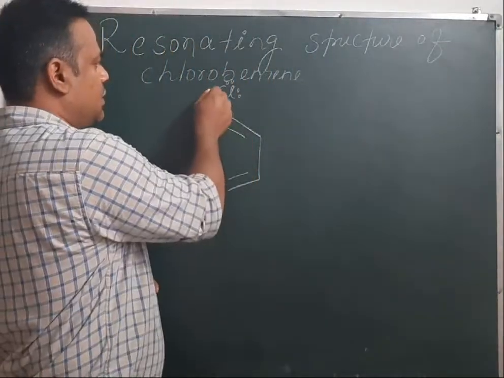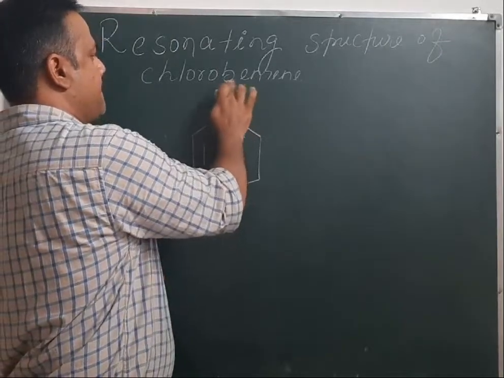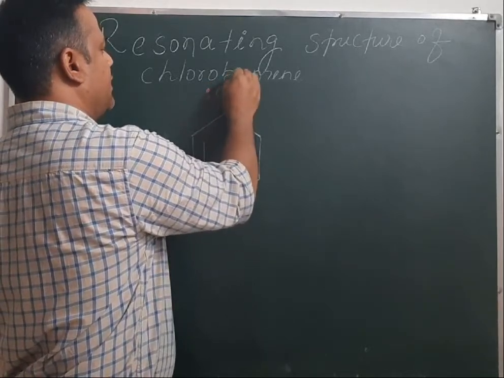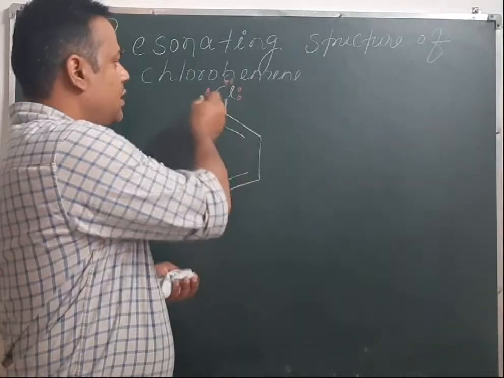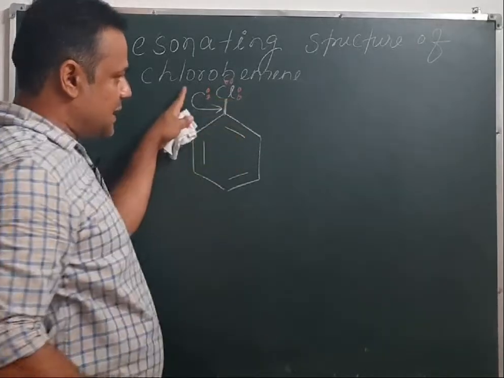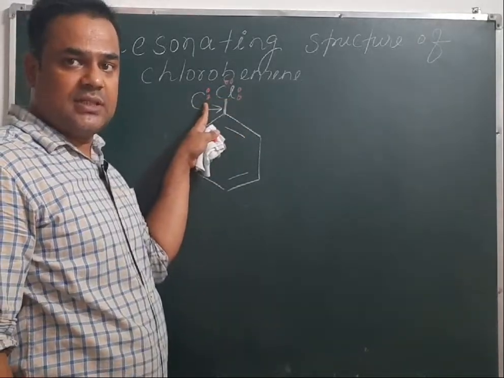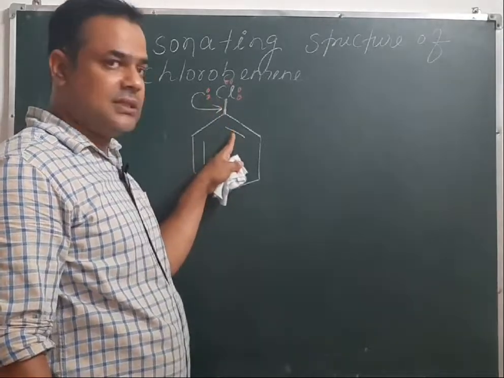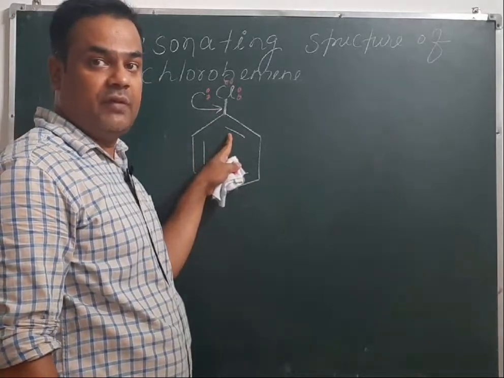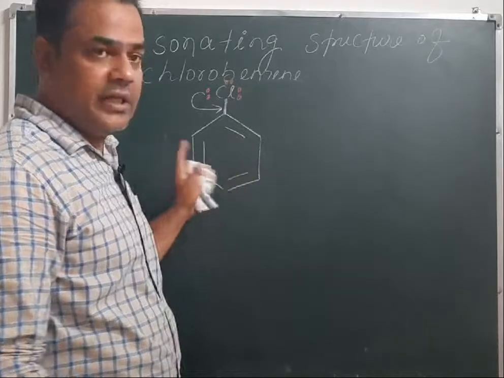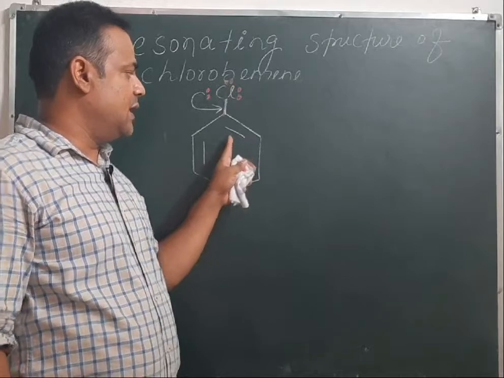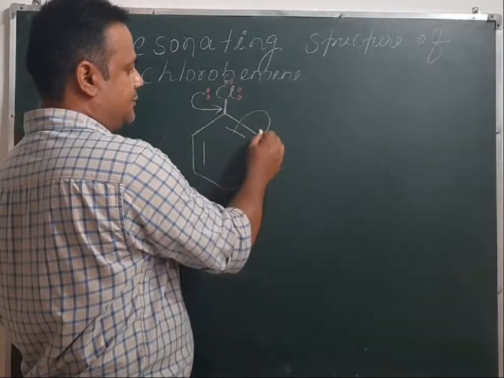So here I am indicating this electron pair by a red dot. Now being in conjugation with this double bond, this electron will shift here. When this electron shifts here, we know that same charges repel each other. So this electron pair and this electron pair will repel each other. Because of this repulsion of this pi bond, we know that pi bond is very weak and it can delocalize. In benzene ring, all the pi bonds delocalize. So because of this delocalization, this electron pair will shift to this carbon atom.